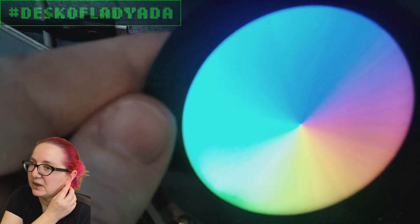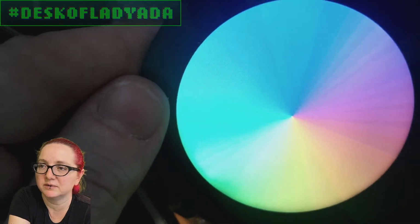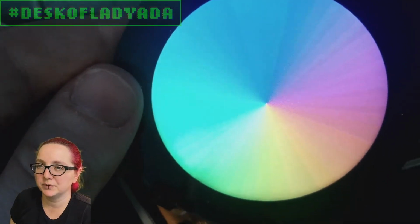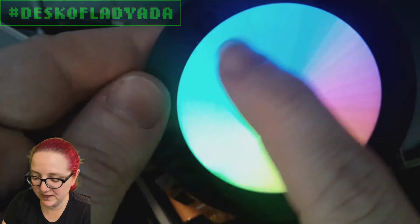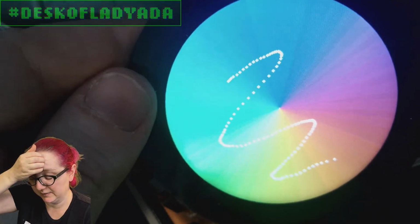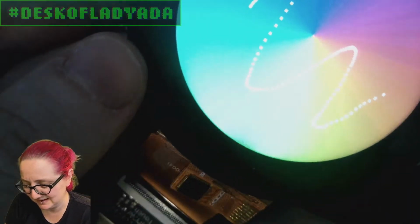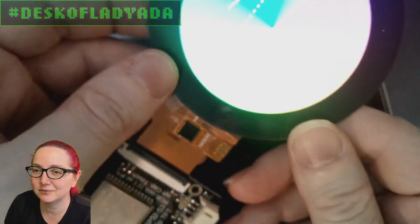Yes, this is the next rainbow demo. Of course, it looks great in person, and screen through screen looks a little bit flaky, but it looks really good in person. Now, when you touch, the capacitive touch works. Thanks to Melissa, who wrote that chip library for it, it's like CST 622 or something. I can't